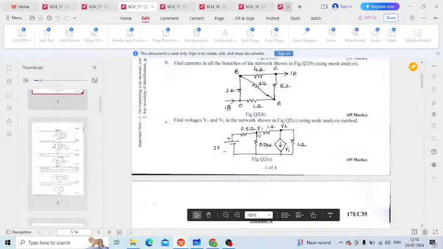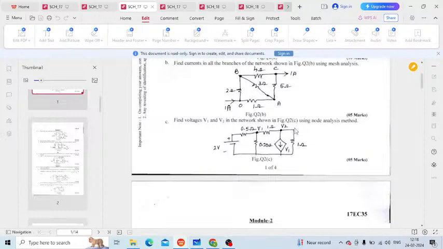V1 is very easy, see. V1 minus 2 volt divided by 0.5, and V1 by 0.25, and V1 minus V2 by 1. Okay. So that is the V1 work done. What about V2? V2 minus V1 by 1 and V2 divided by 1 and this V2 by